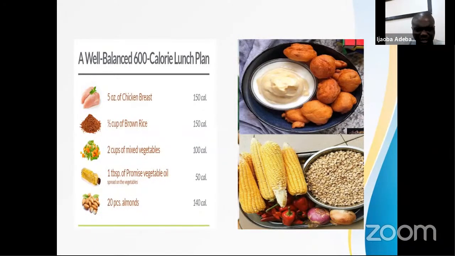You can take 2 cups of mixed vegetables. You need to eat a lot of vegetables during this time for proper bowel movement. Your bowel must move. If you are doing Sinai and the fecal matter are stopped within you, you are not doing it right. Hope somebody is hearing me. You are not doing it right.